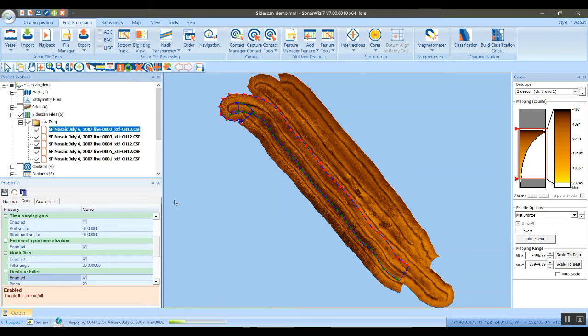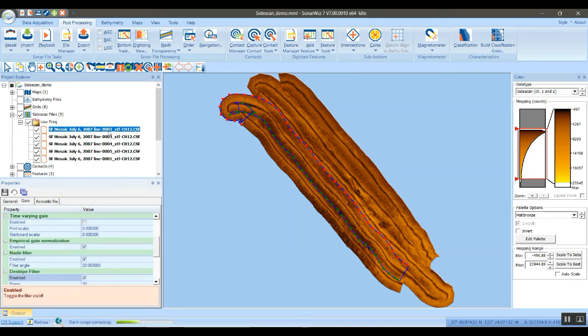Okay, so now we've set up our model file the way we want, and you can see SonarWiz is down here busy chomping away at that. But let's say we had 100 files in this project. We don't want to go through each one of those files and check all those same boxes again. So what we want to do is copy the settings out of line 2 into all the remaining files in